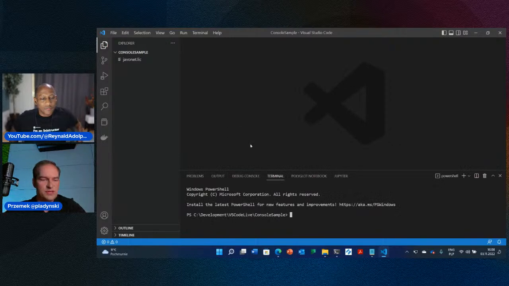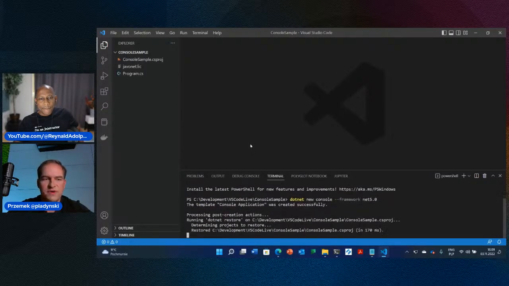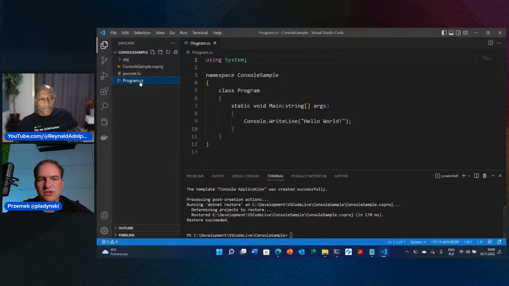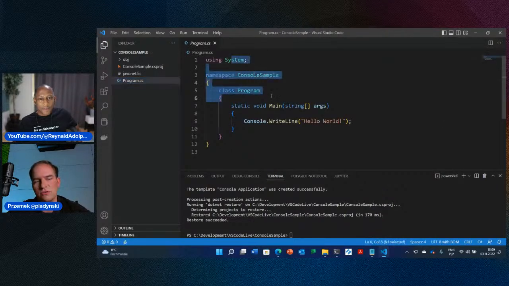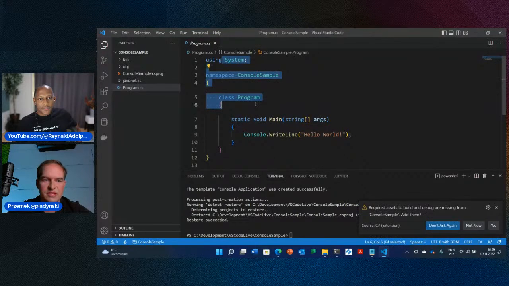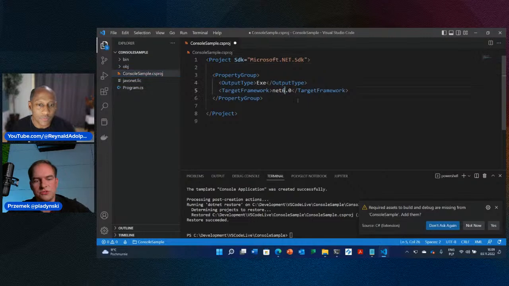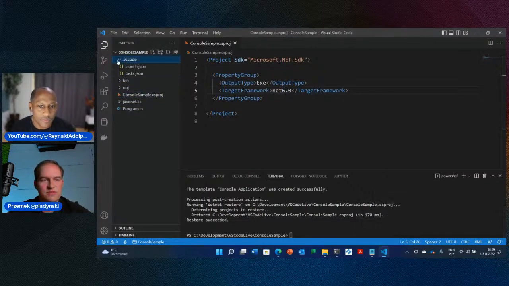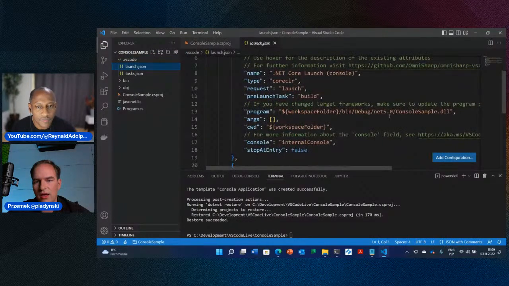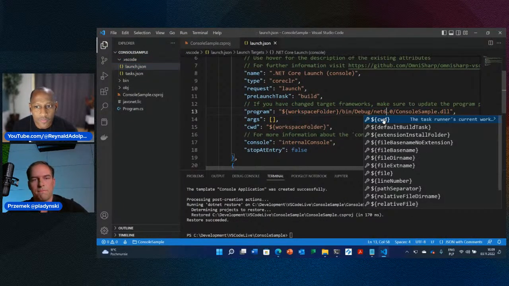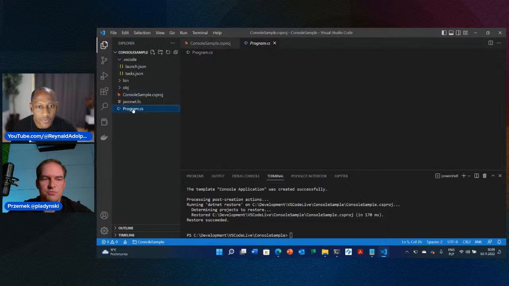Then let's open the terminal and create a new console application. I will use the framework 5.0 for it, but in fact we'll be building the application with 6.0. However, 5.0 has those top-level statements, and I want to have them for better clarity during the presentation. So I will now just switch to 6, approve the creation of the launch code, and switch here to 6. Okay, and let's start building the first application.